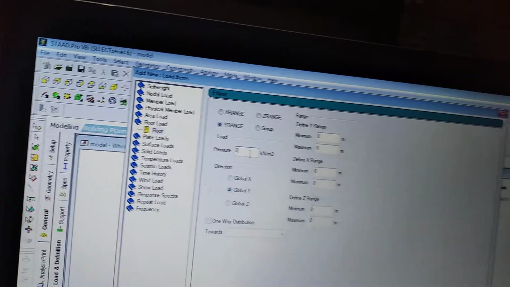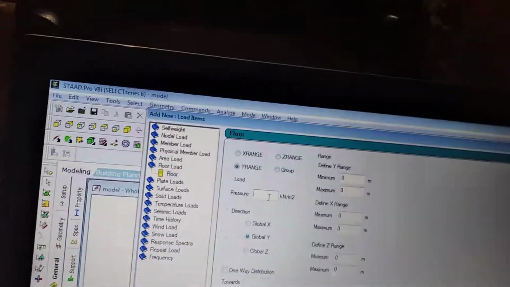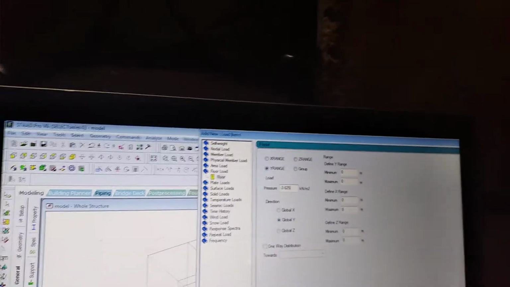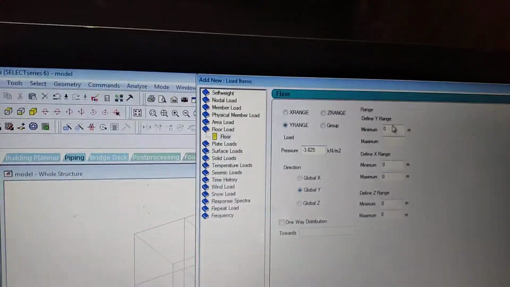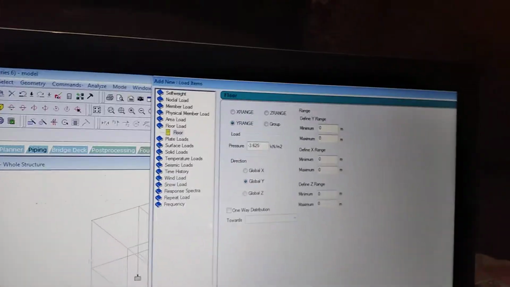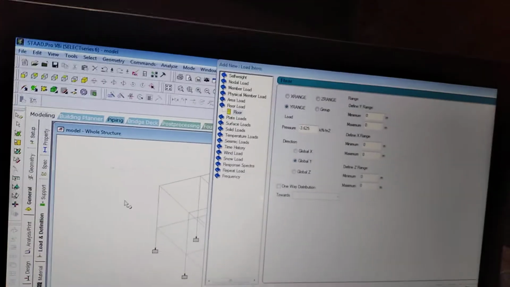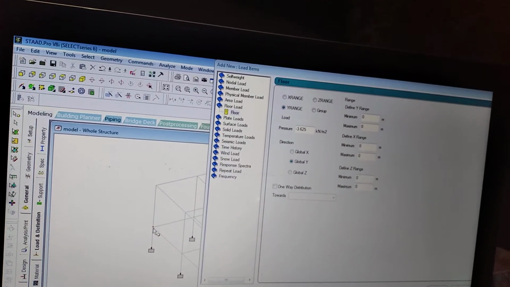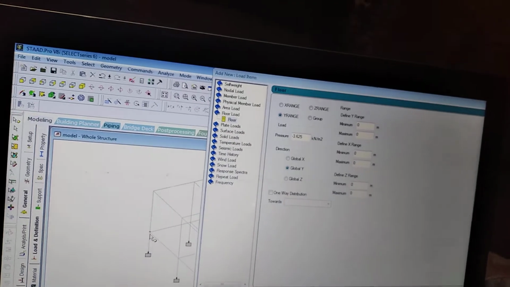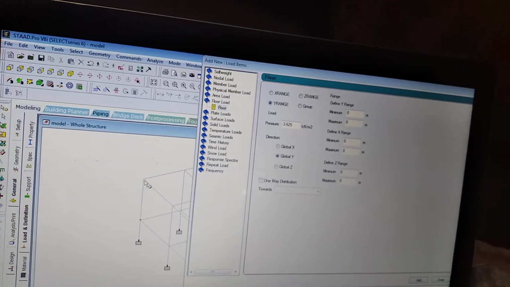So that is, I will mention it minus 3.625, and I will not, I want it on the whole floor, no? So what I will do, I will change this only in the y direction, y ranges. So I will go to this node. Okay, I will mention a load on this and this one, no?